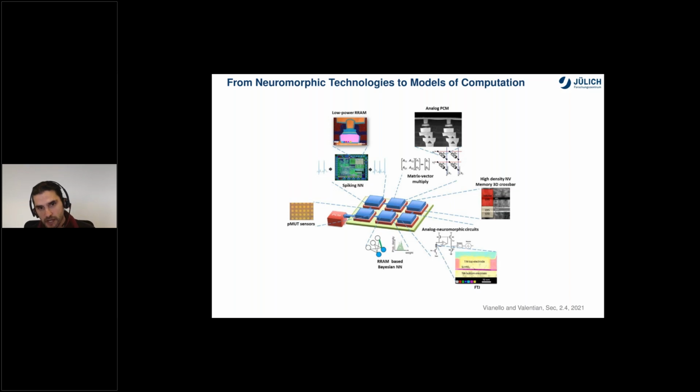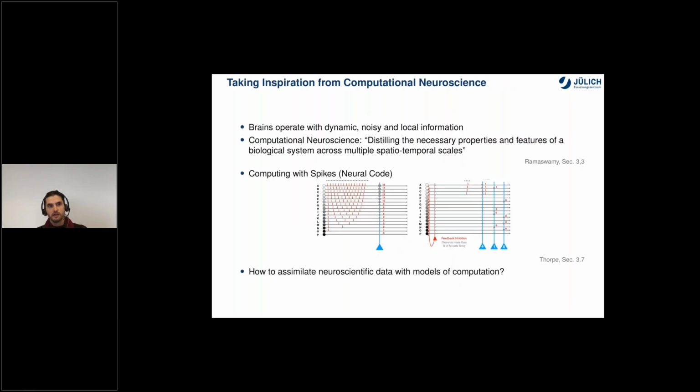And of course, it's very natural to take inspiration from brains to do this. Of course, as we've heard from Steve Furber earlier, the whole inspiration for neuromorphic engineering comes from neuroscience, and the understanding that the laws that govern the ionic currents are not so different from those that govern electronic currents, and that somehow this also may extend to these novel devices.